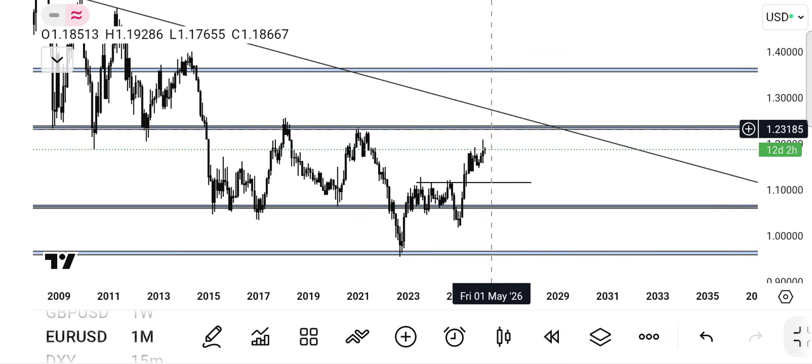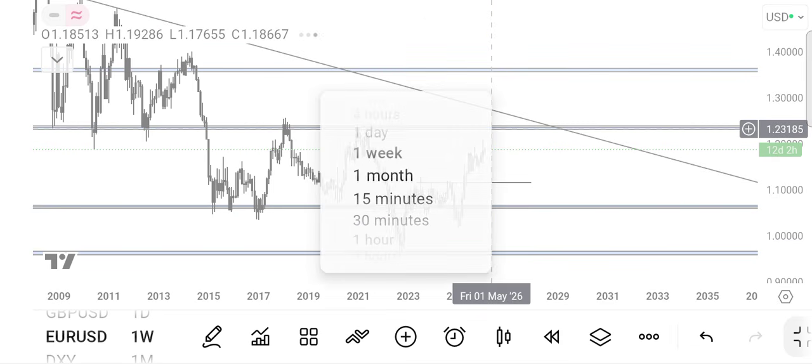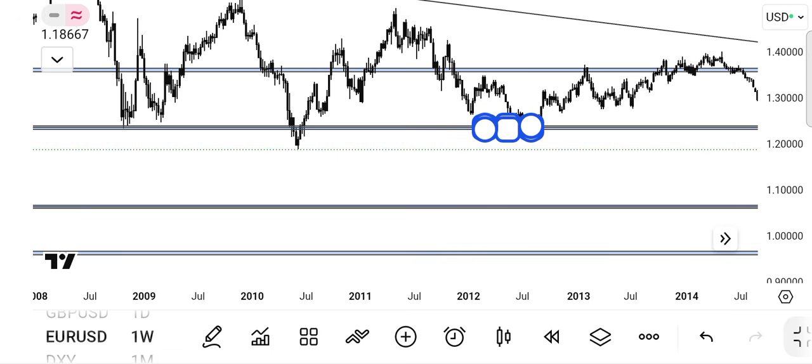Now since I see that this is bullish on the monthly time frame, I'm going to be coming to the weekly time frame to check for any bad boy or top